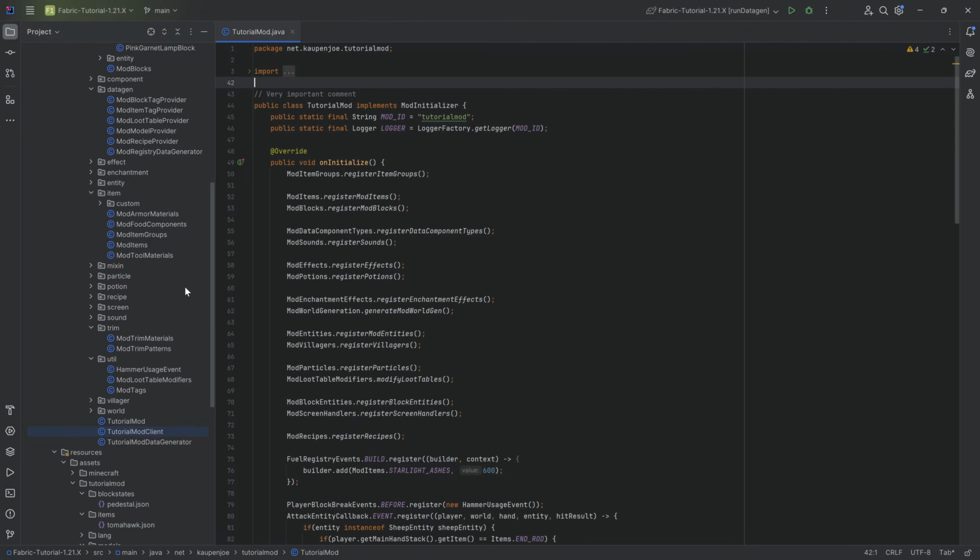All right, let's take the last step. Let's update to 1.21.5. Alright, friends, back once more, and in this tutorial we're going to be updating our Fabric project from